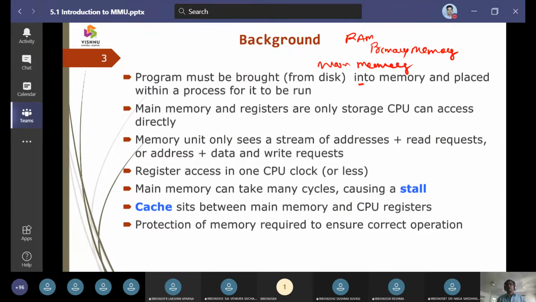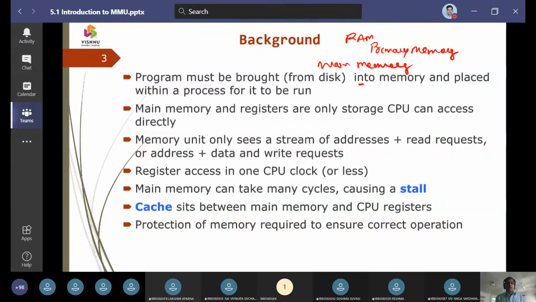This is the first terminology we have to expect here. One, it is going to be called random access memory, and the other names will be primary memory and main memory.